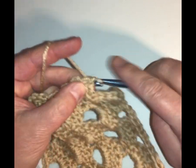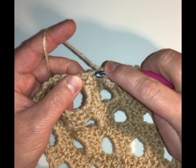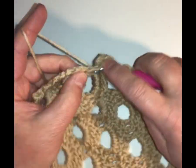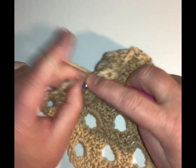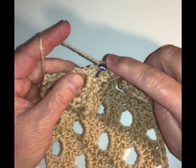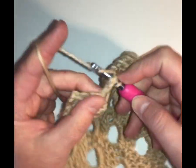Whoops. And then I'm going to do 1 right here. That kind of anchors a little bit more. And then 1 in the next space. And then 1 in the next space. So I'm not actually going in through each stitch. I could, but I think if you go around the yarn like this on the edge, it does just as nice, and it's a lot easier to do. So I could also go into this one here. And then I'll do